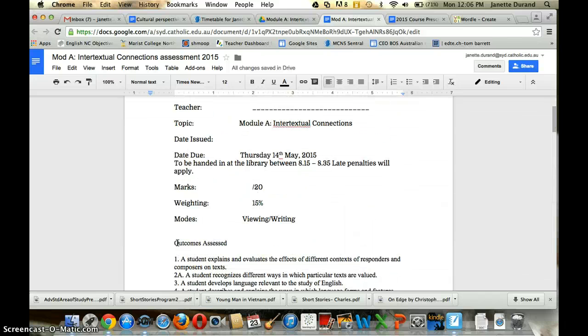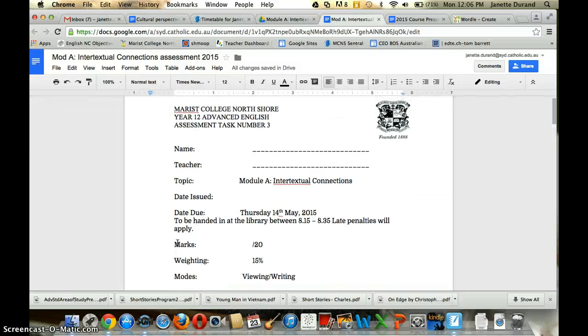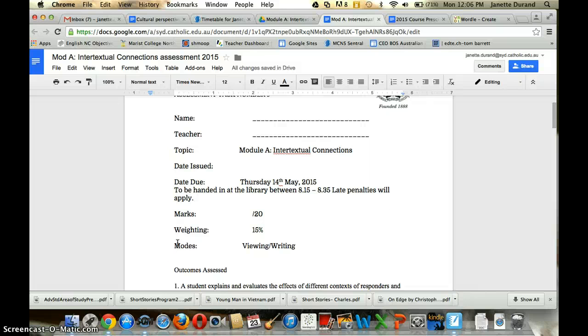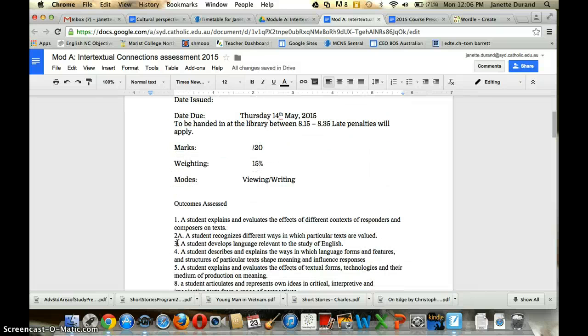So again, gentlemen, this is assessment task number 3. One more to go after that, and obviously we wish you all the very best with it. Remember, you are able to submit a draft for feedback. Obviously, once one draft has been submitted, your teacher will start to prioritise as to whose are looked at. We're trying to get through all drafts, and if we can get through all drafts at least once, then we're happy with that. Okay, that's about it.